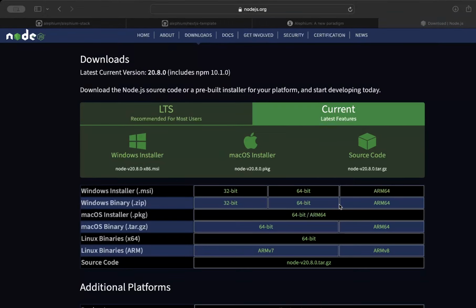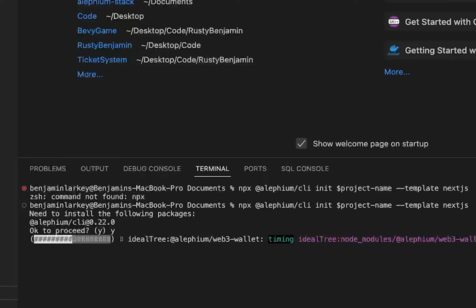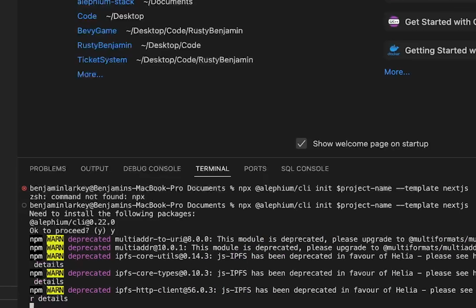I'm going to click continue, click continue. You probably can't see any of that, but I'm installing Node right now. Configuring my installation, validating my packages, and bam. Node.js has now been installed. So it'll ask if we want to proceed. We're obviously going to say yes. And it will install all those dependencies that we need that are associated with the Next.js repo for Alephium, which gives us a basic shell of how to use the Alephium blockchain and basic setup that we can